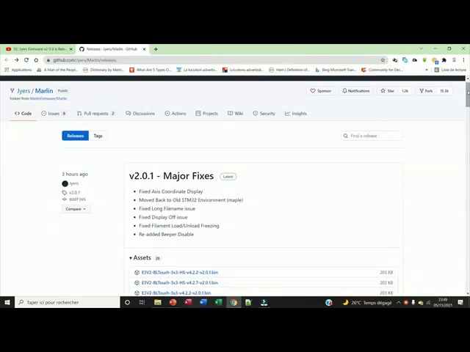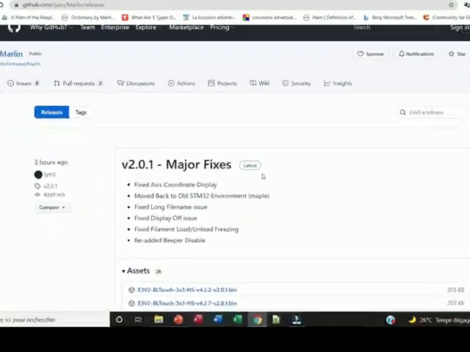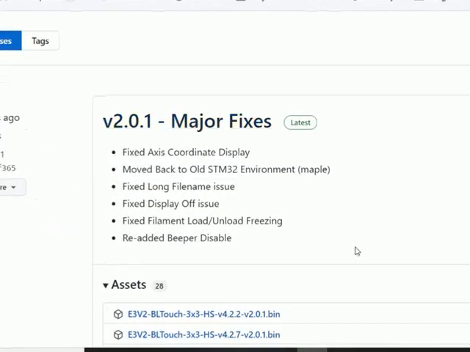The version 2.0.1 by Jyers has just been released 3 hours ago, and as you can see, here are the major fixes. We have fixed axis coordinate display, moved back to old STM32 environment for the mapping. We have fixed long file name issue, fixed display off issue, fixed filament load and unload freezing, and re-edited the